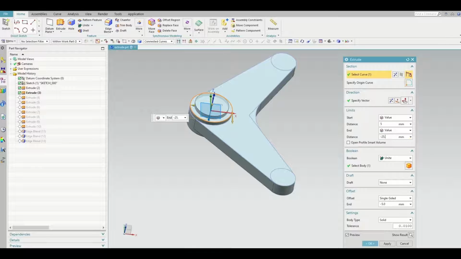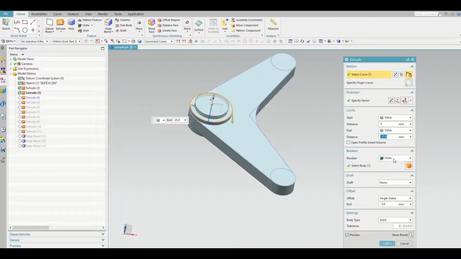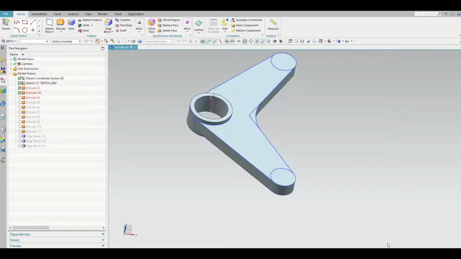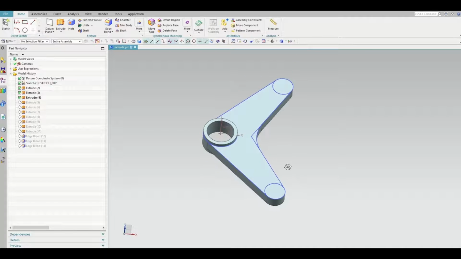So instead of unite, we go to subtract and select Subtract. So the material is removed from here, and that hole is created in it.